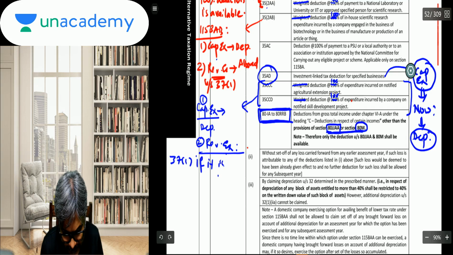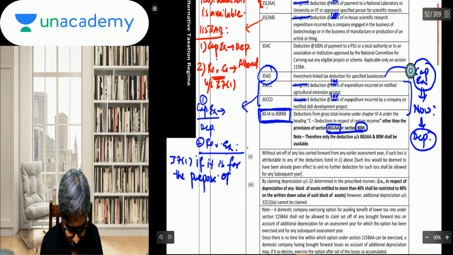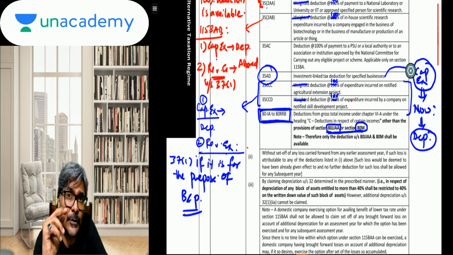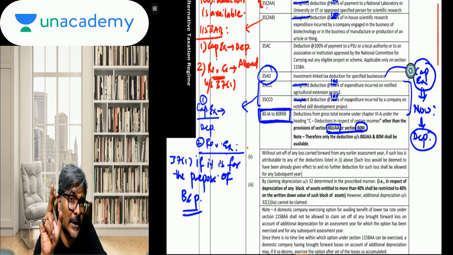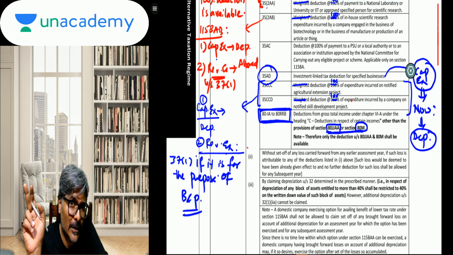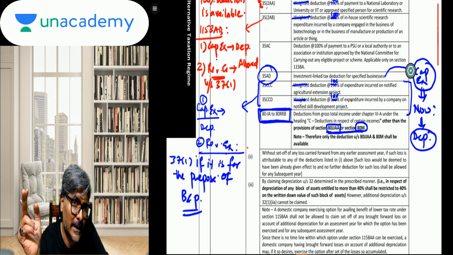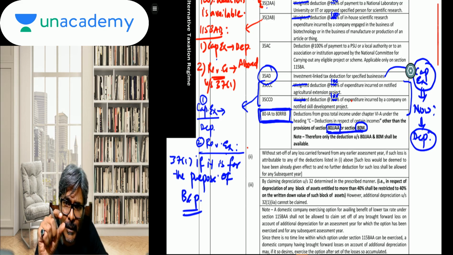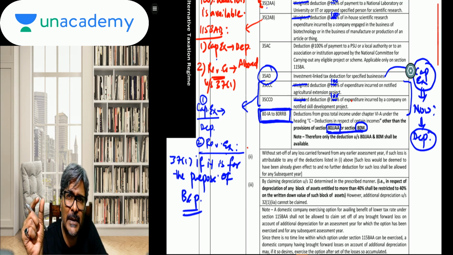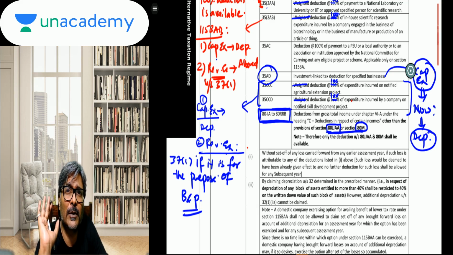it is for the purpose of business and profession. There is one question that I am going to do, wherein I have assumed that it is for the purpose of business and profession, because that was a sugar manufacturing company. In the next segment, students, there is one question on a sugar manufacturing company which we will discuss, and there we have to assume that whatever revenue expenditure they have given to you is assumed to be for the purpose of business and profession, and therefore it would be allowed as deduction.